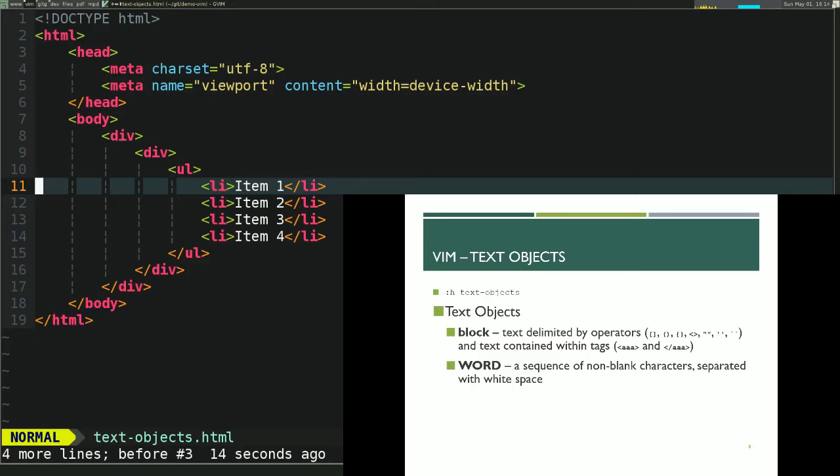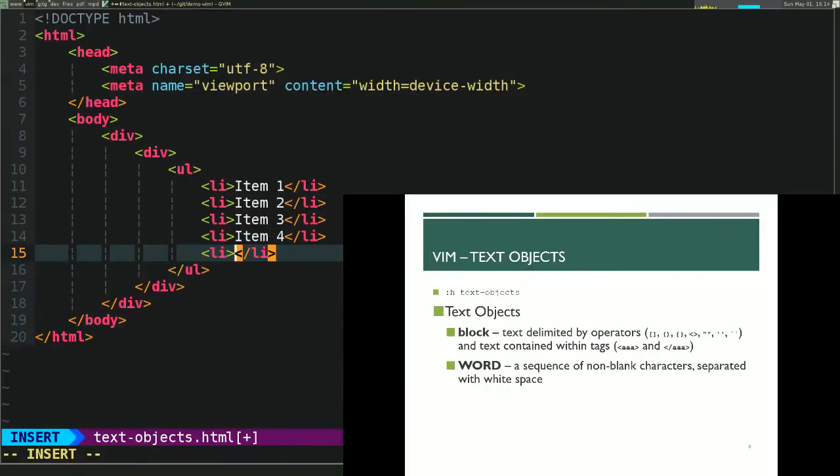I'll go here, I'll add a new li, and here I'll type in some random stuff, as in it will have all special characters, digits here and there, right? And I want to select all of this visually, so I press VI and capital W,